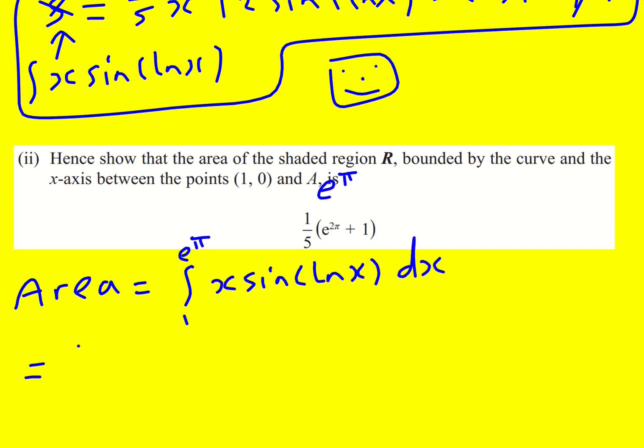We've already done the integrals, so it's just this definite integration, 1/5 x squared,